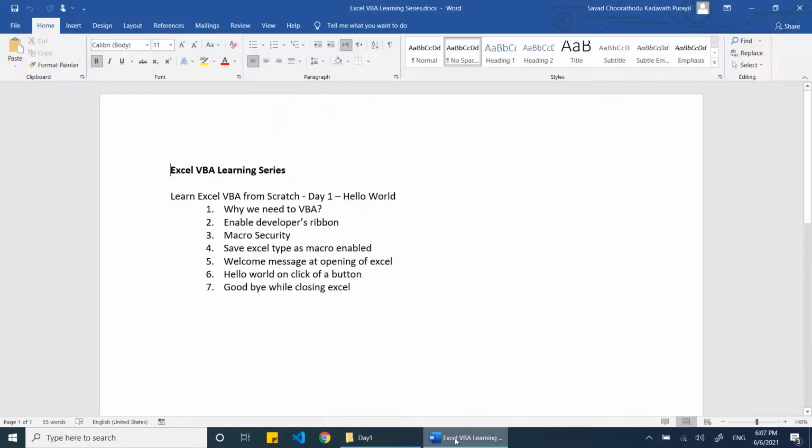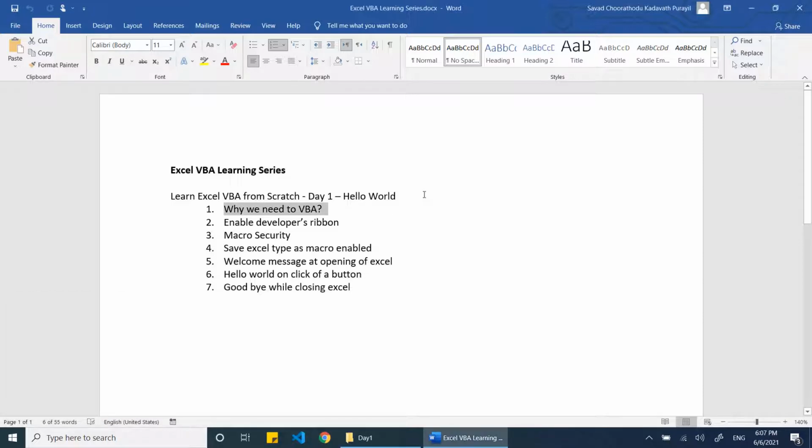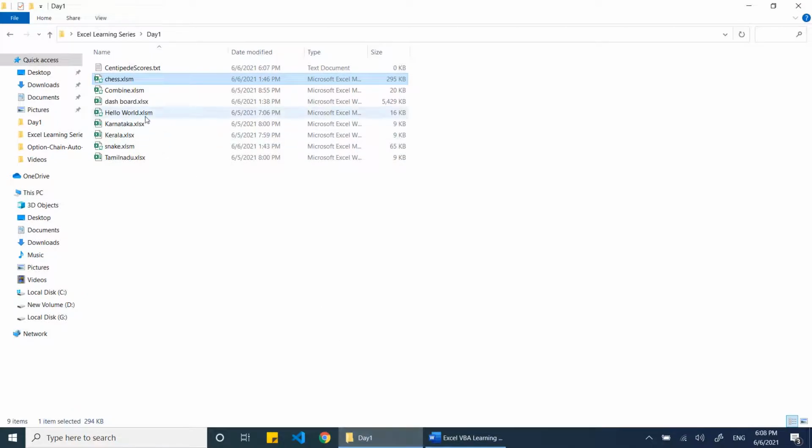Now, in today's session, we are going to learn the very basics. So we understood why we need VBA. Now, how will we do it? So the first program will be Hello World for us. For those who are very new to programming, Hello World is a practice in the programming world to begin with. Now, how it works, Hello World.